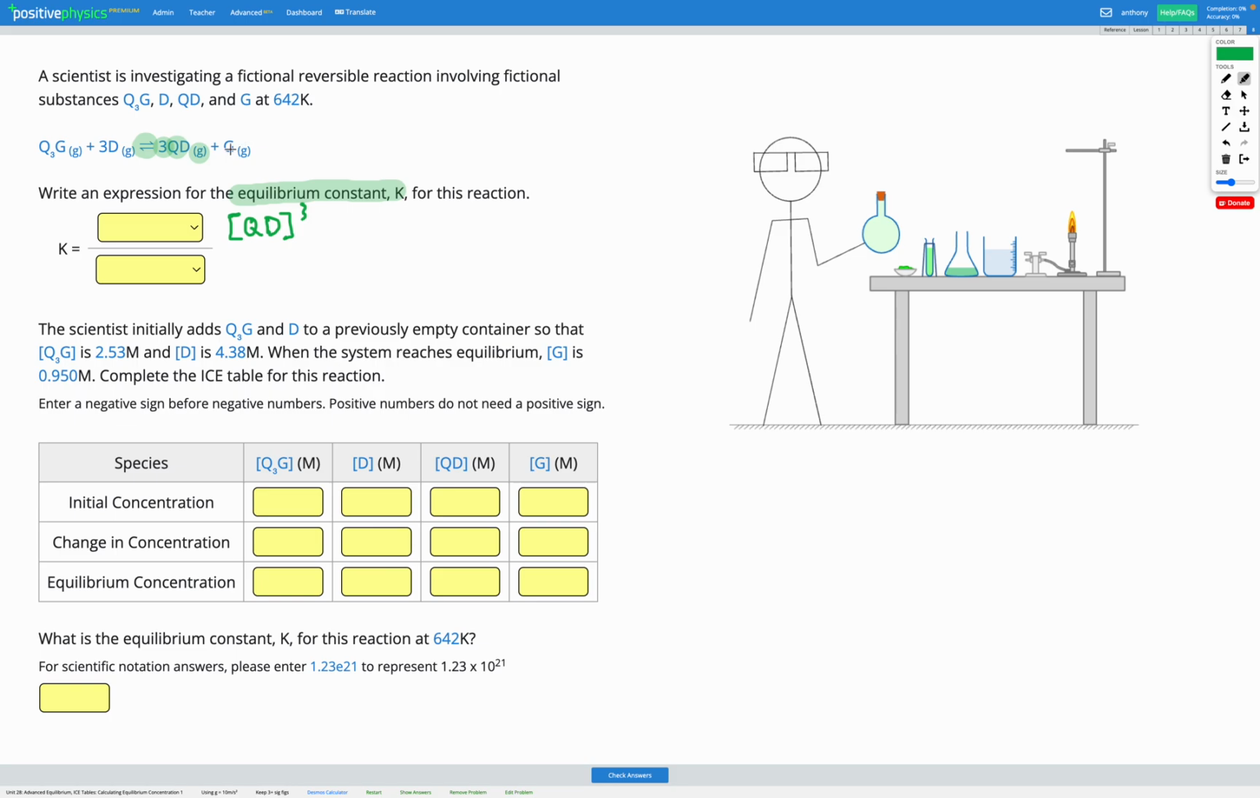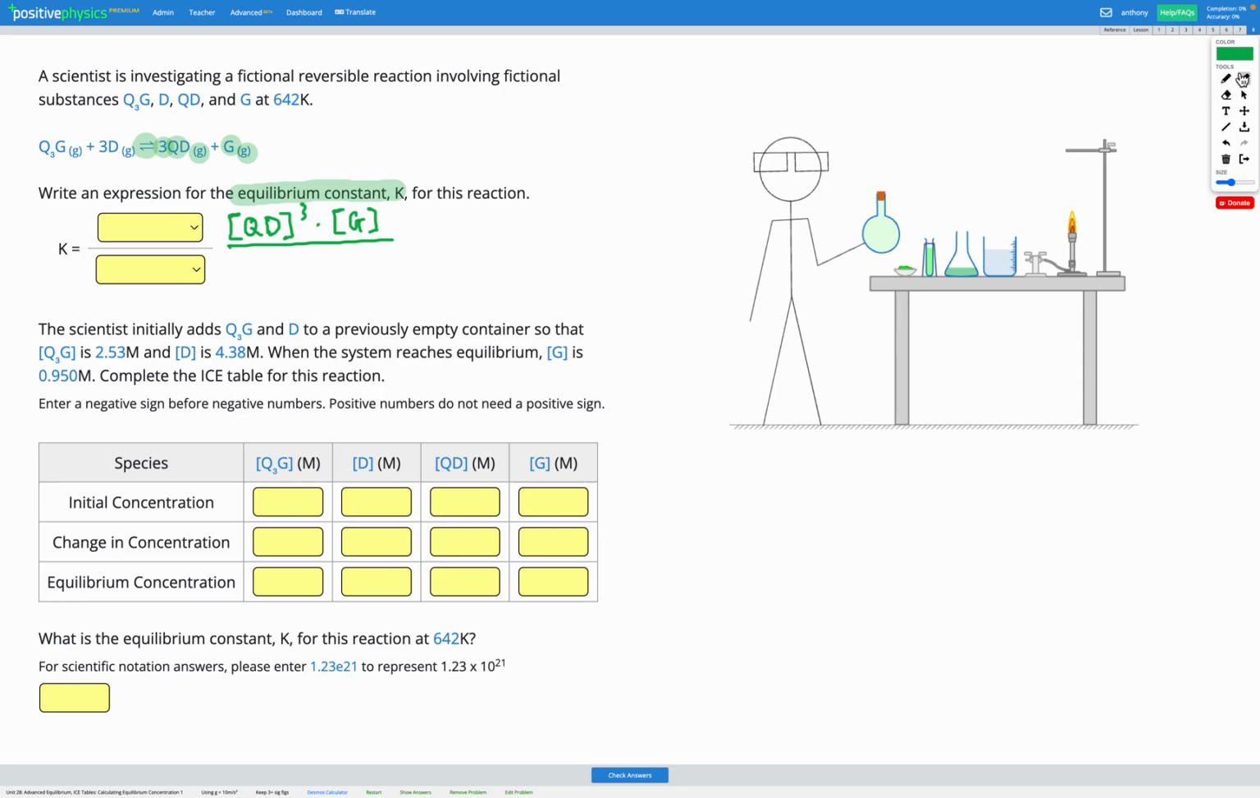Next, we've got G, which is also a gas. So that again will appear in our equation. Coefficient is just 1. We've just got one of them. So we're going to multiply this by concentration of G to the power of 1. Remember, to the power of 1 is the same as the thing itself, so we don't need to include that. Then we're going to divide by,